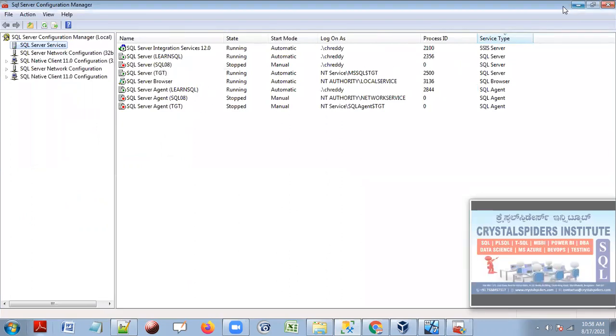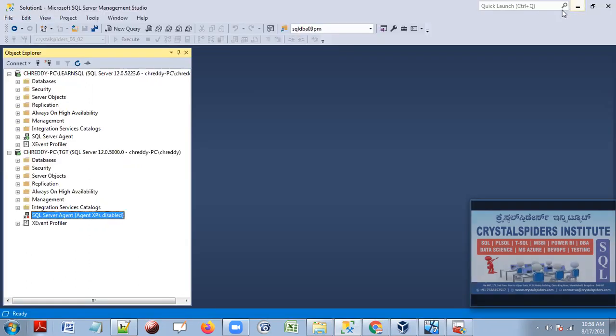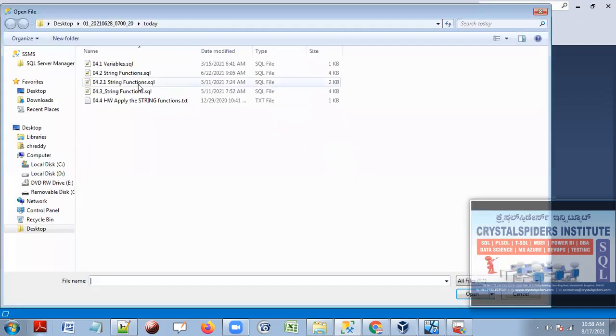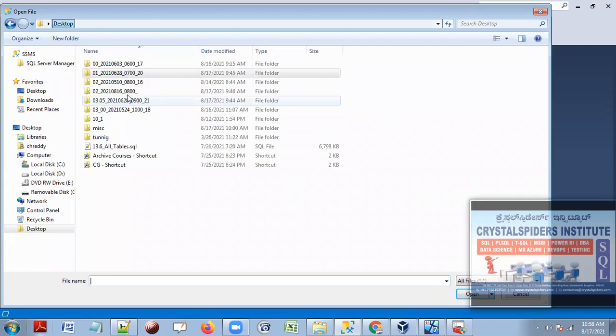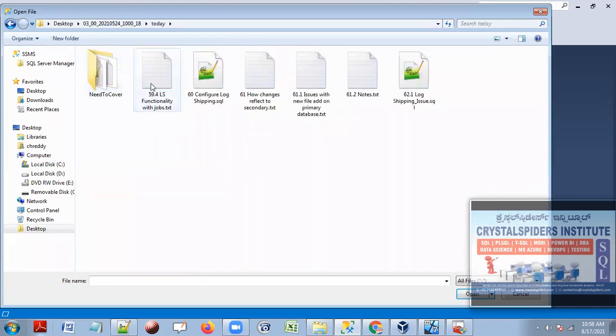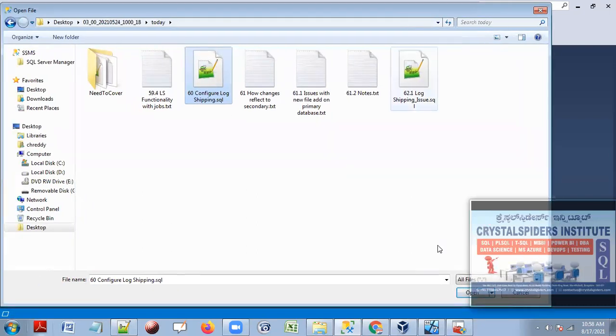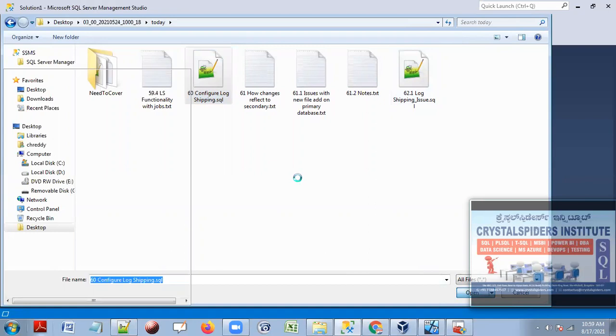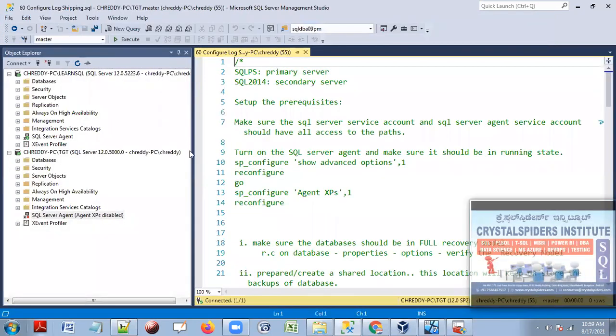Let me open the notes. I have the notes for all of these, guys, and you can go through those notes and do that one by one. But I will walk you through that notes, and then I will do the same thing one by one. So I want you to configure this log shipping today, guys, and in the next session, we'll talk more about the functionalities, what issues will come, regular issues, something like that. We'll see that. Okay.